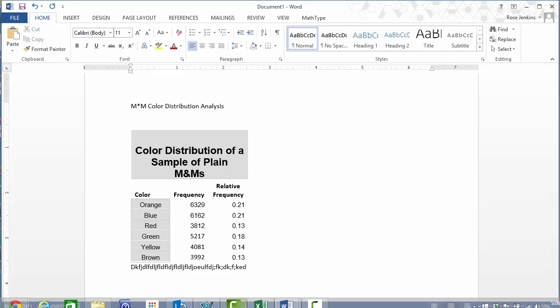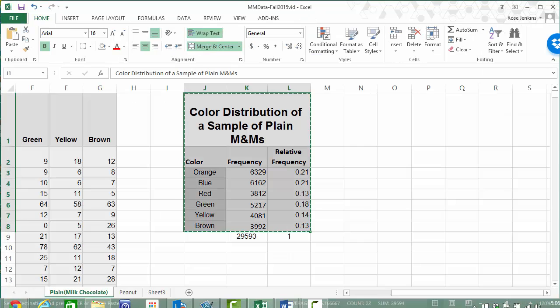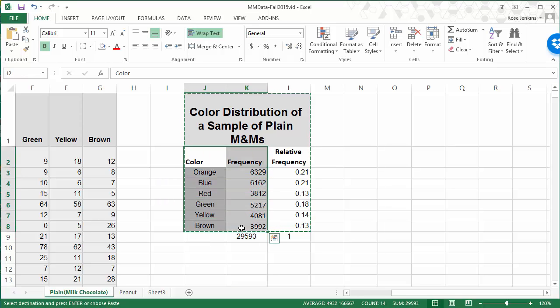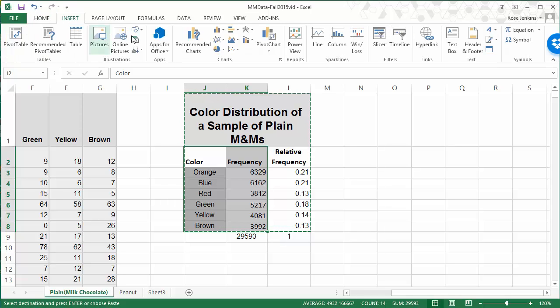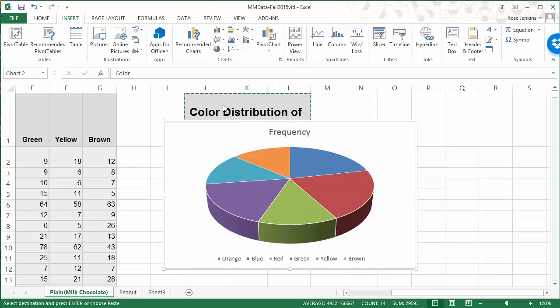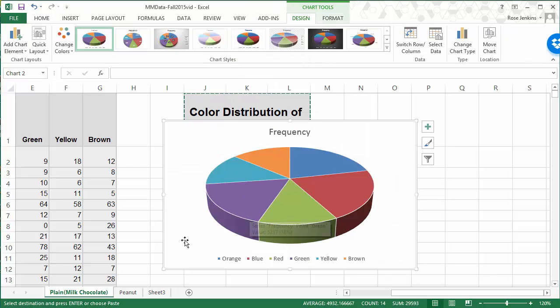Now, let's go on and prepare our pie charts. So we're going to create a pie chart using the colors and the frequencies. I've got those highlighted, and I'm going to go to Insert, and they've got different charts or an area for charts here. Here's the pie charts. So I'm going to choose one of the 3D formats. Okay. And it pretty much does a good job of giving us the pie chart without a whole bunch of